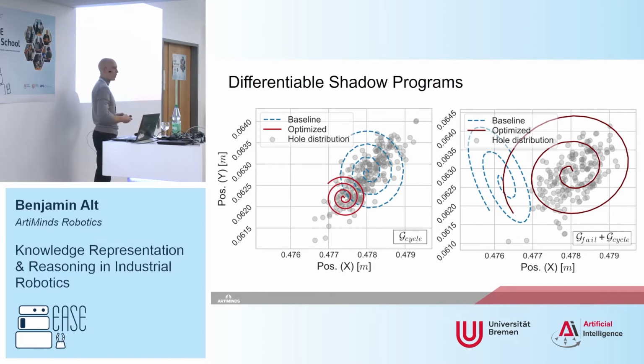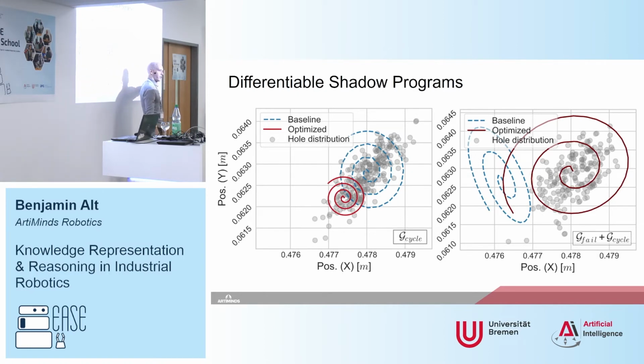It turns out that if you give a crappy loss function, our algorithm also returns a crappy result. Here, if you optimize only for cycle time, we were like, hey, we want to be as fast as possible. Well, it turns out our optimizer generates this little spiral, which covers only a fraction of the entire hole distribution. So you have to be careful about the loss functions, as with every optimized system, and actually include a measure